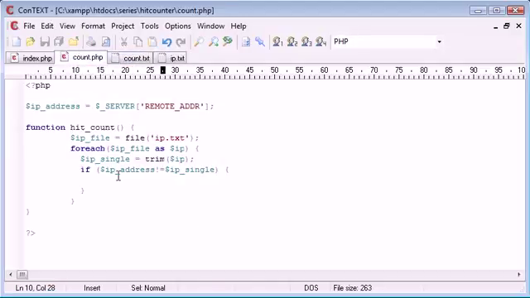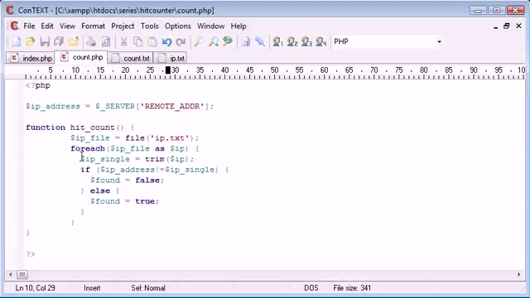Now if it is equal to this one, or if it's not equal rather, we're going to say found equals false. Otherwise we're going to say, come back up here, found equals true. Now the reason we do this is because we're in a loop here, we don't want to increment the value of the count.txt file inside a loop, because if we increment the value of something in a loop, it's going to be performed over and over and over again. So we want to create a boolean value called found, which is going to be equal to either true or